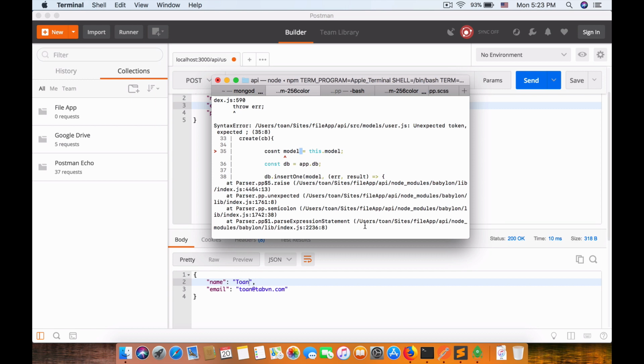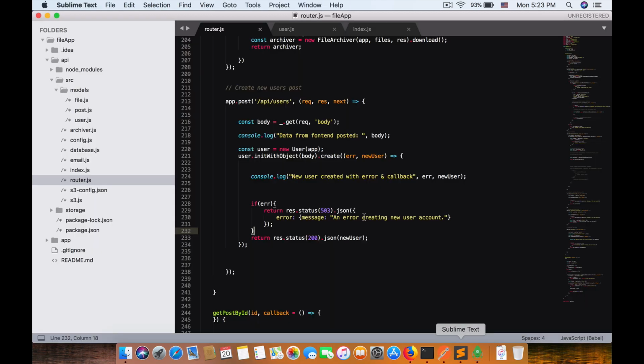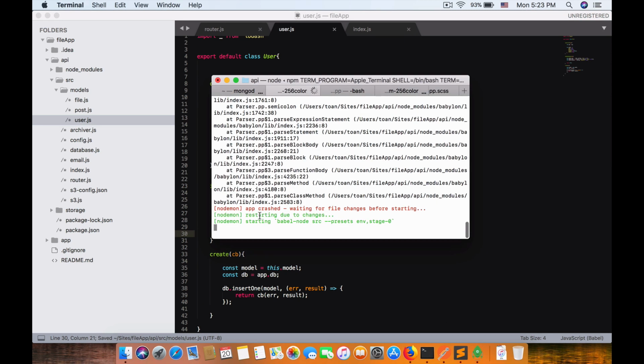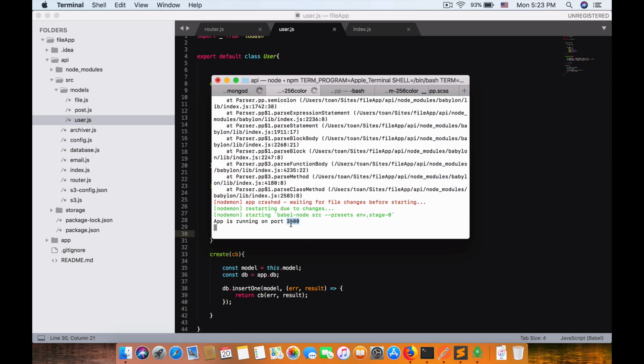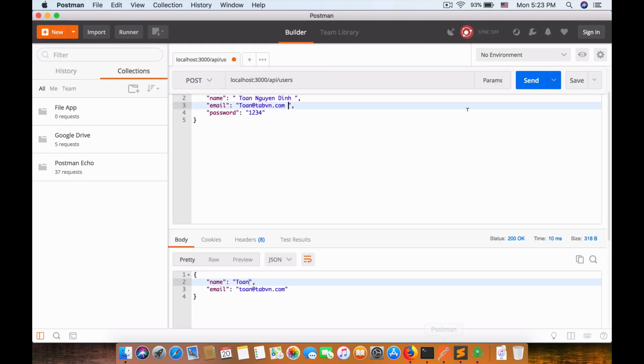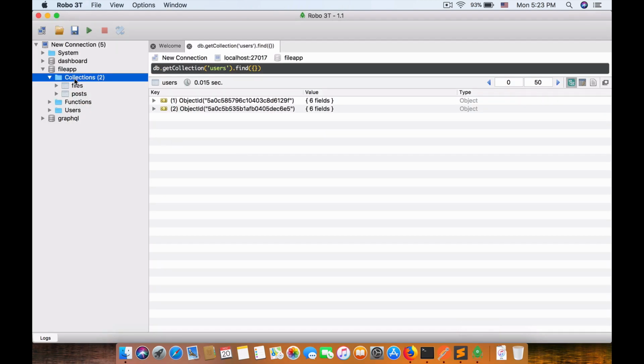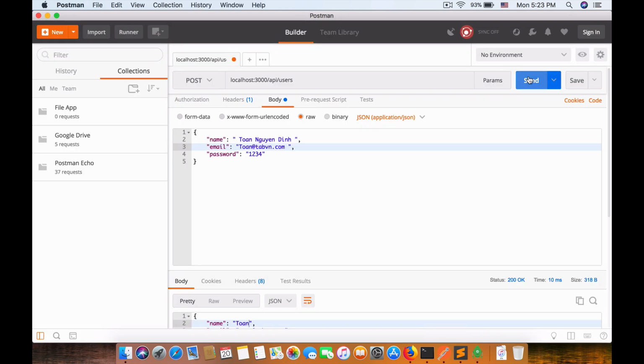Right, it's this model. Packet token. So is something happened in our cars? This is a mistake. Right, we should wait for the server to restart. Right, it restarted now. So let's try again. Hit submit with my name, and so you should see. And now the collection, no more user here. So after I submit,